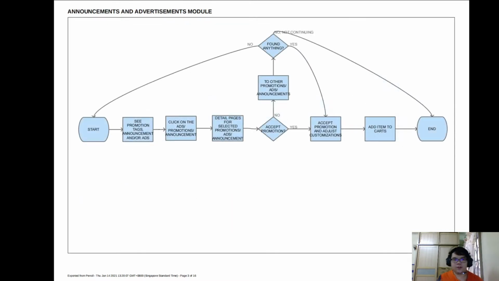Now we'll move on to the next part. This is the announcement and advertisement modules. The starting point, we will first have our customer. They will see different types of promotion tags, announcements, and ads in the main pages. If they are curious about it, they can click on the ads, promotion, or announcement, and it will link them to